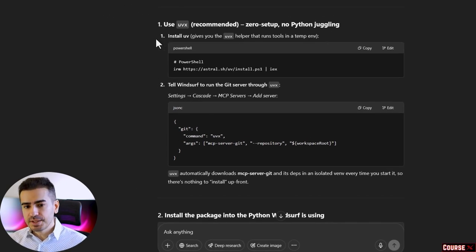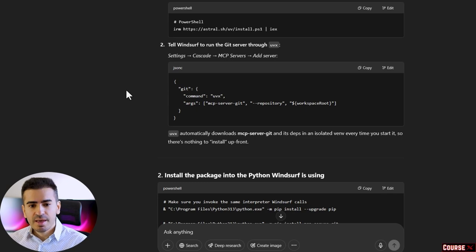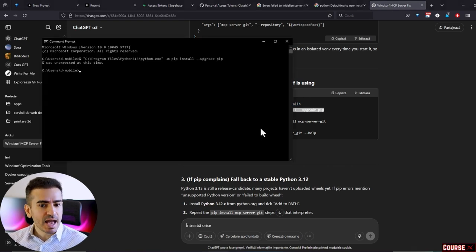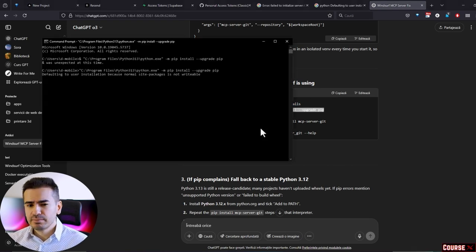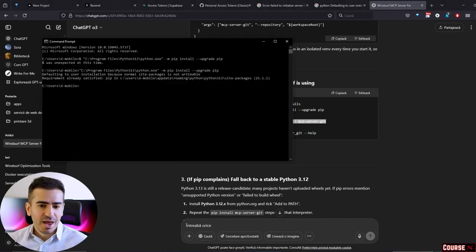The first solution it gave me seemed a bit too complicated for my taste, so I just skipped it. I just moved on to the second one. Here I had no idea what these meant, but I just started pasting in CMD and that was that, you know. The first line didn't seem to help, so then I just moved on to the next one. And here's the thing,